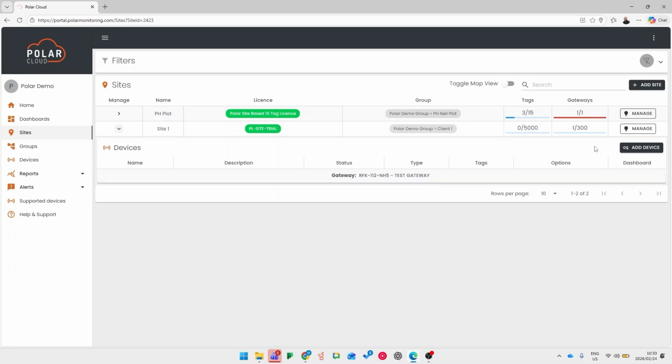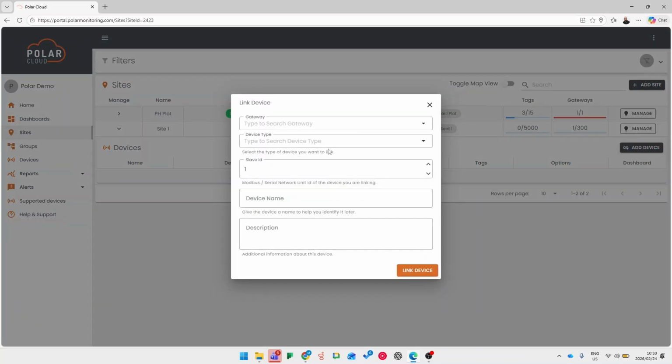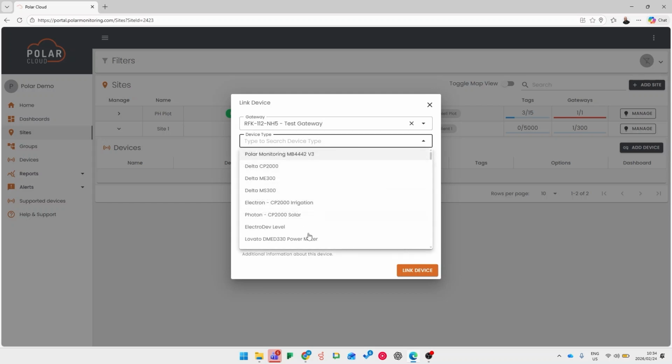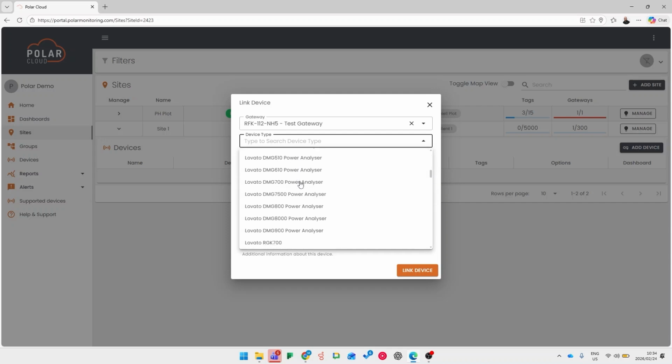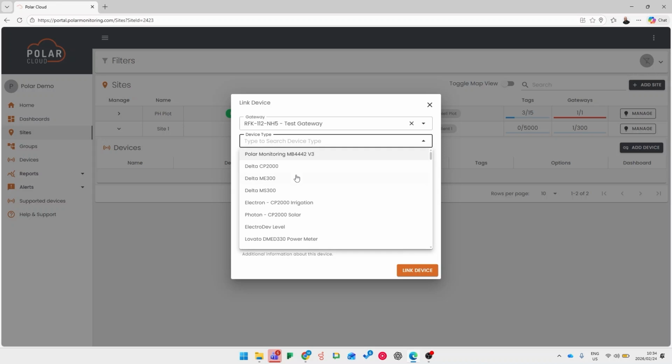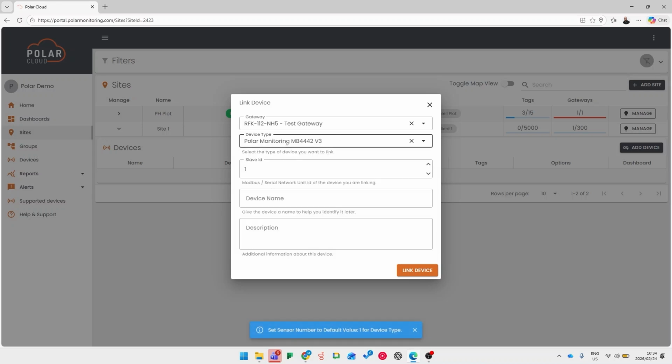Right, so now we're going to need to link a device that's been connected to the gateway. So in order to do that, under the actual site that I'm trying to add it to, I'm going to go add device. This will bring up a new window where I can select the gateway that I want to add the device to. And we then have a drop-down list where you can select all the compatible devices on the Polar Cloud. But for us now, we're going to select a Polar Monitoring MB442, which is our field bus